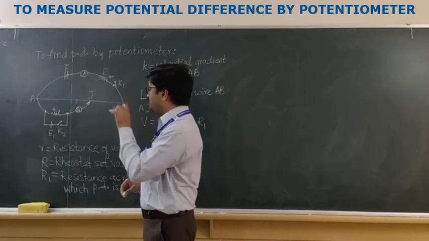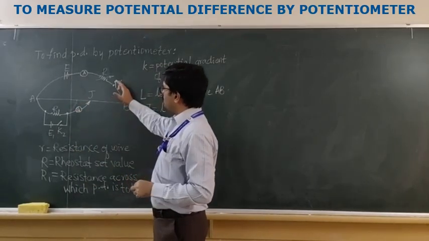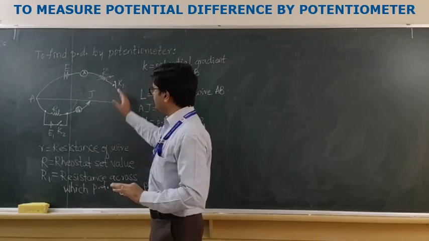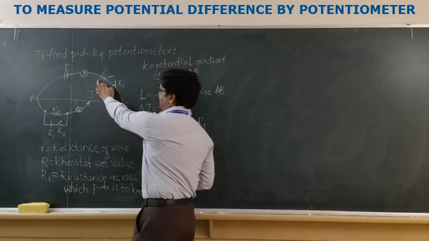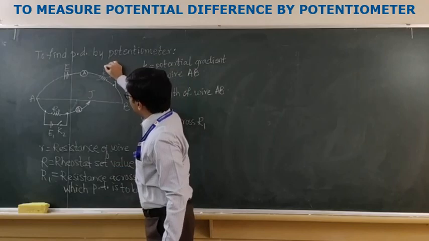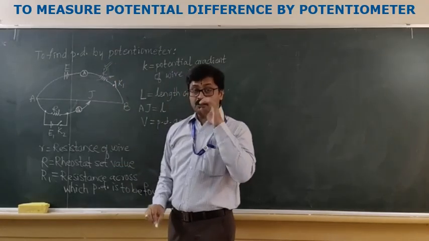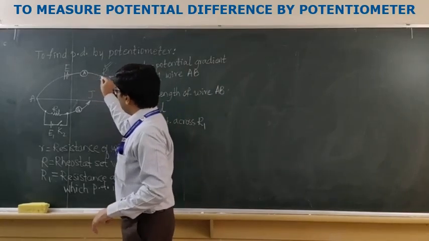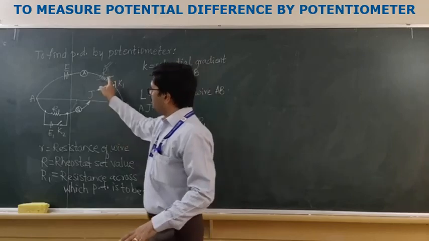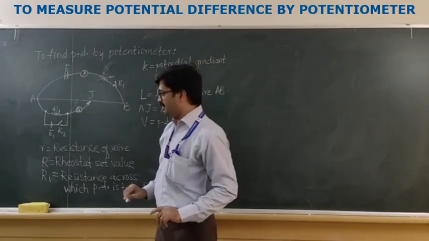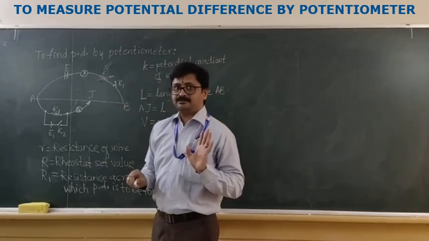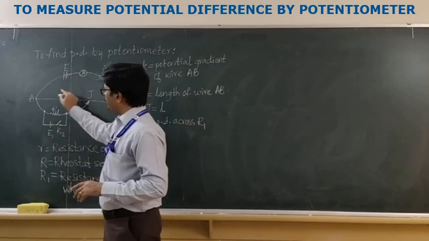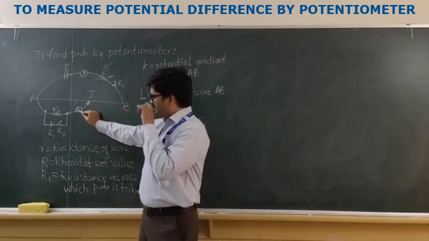Okay, and here firstly what we shall do is, first we will close key K1. Okay, we will not close K2, we will keep K2 open only. Close K1, then adjust the rheostat to a constant value of resistance, say R, to a required value of resistance, capital R. And thus by ensuring resistance at capital R, we are ensuring the uniform current, capital I, being flowed through this wire AB.